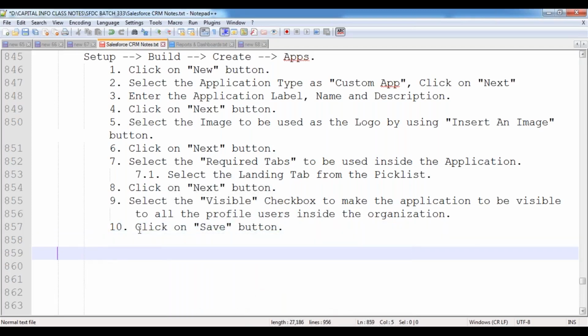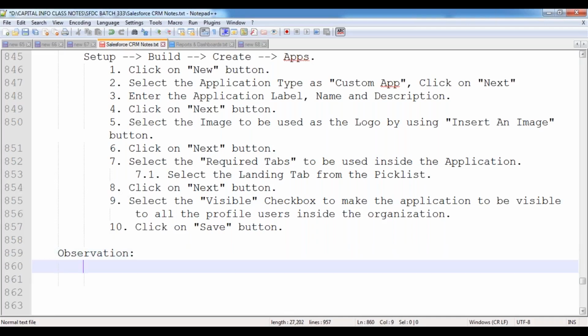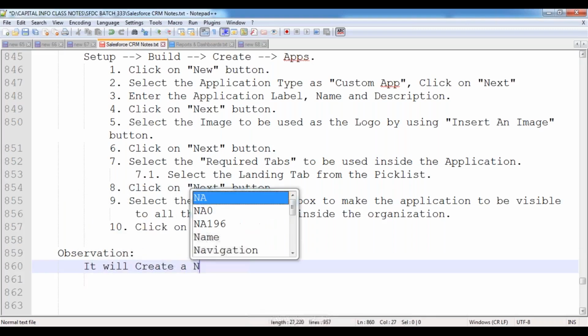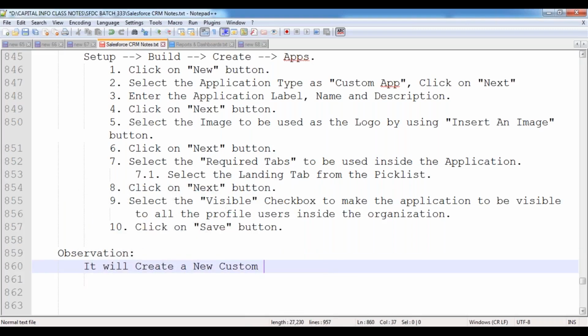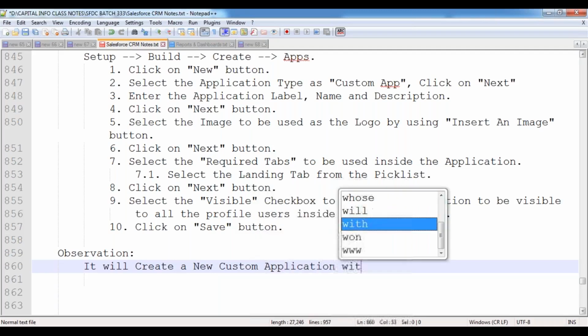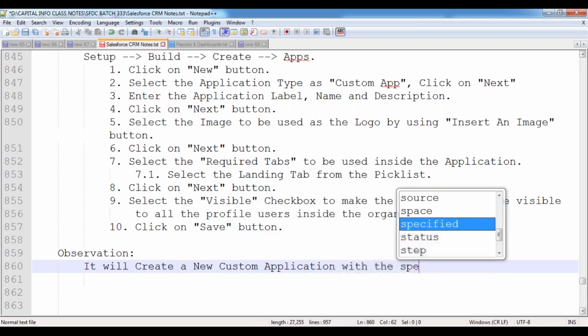Click on save button. Then automatically a new application will be created with the specified name, Story Pulse. Whatever name you have given, with that name it is creating a new custom application, Story Pulse. Then the observation is it will create a new custom application with the specified name,